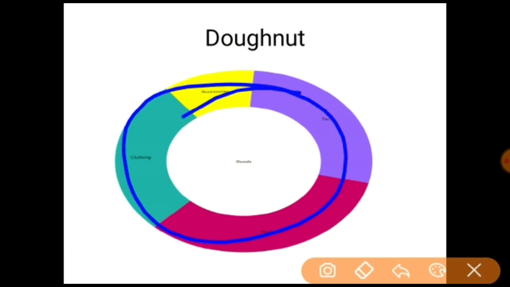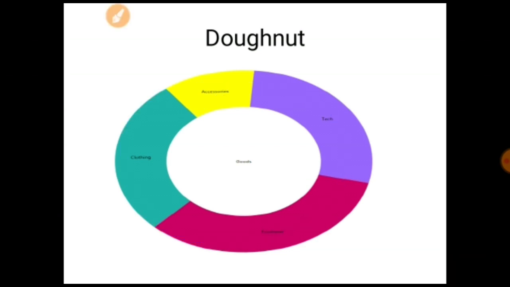This is known as the ring order, and it's basically useful for different kinds of comparison, or you can say 2 or more types of comparison simultaneously, right? So these are the basic types of charts which are used to present your data.